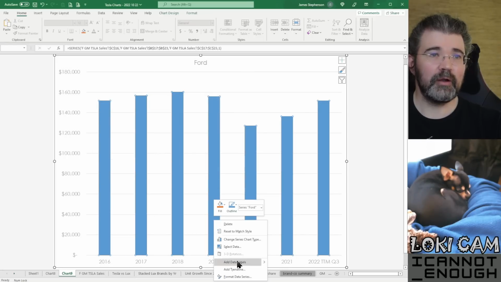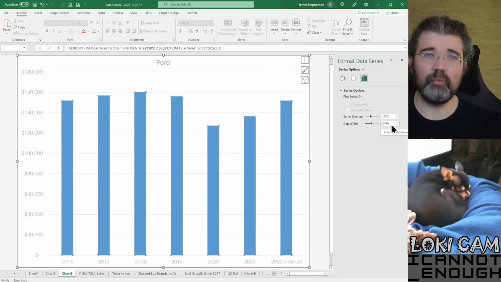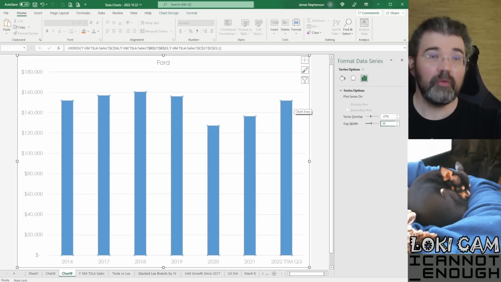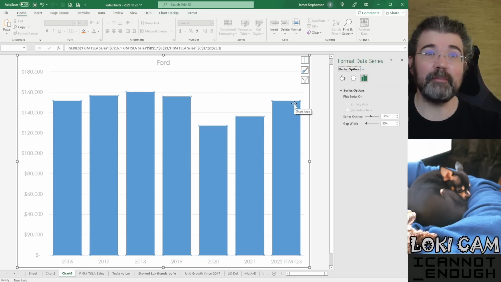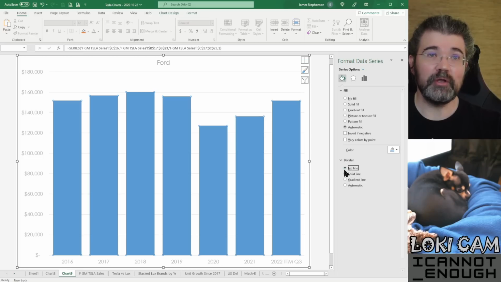Okay. Going to right click on this, go to Format Data Series. Why has it picked a gap width of 219%? That's way, way, way too much. We're going to make it 30%. That's a lot better. Next, for the format, we don't need a border around these boxes, so no line is